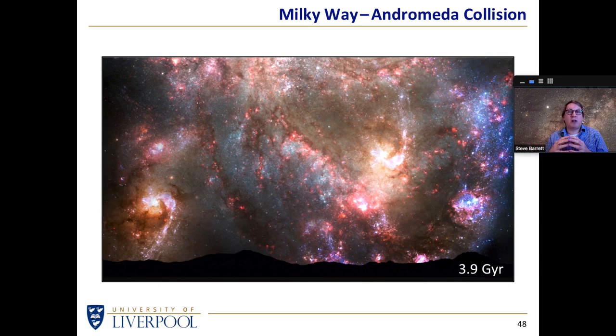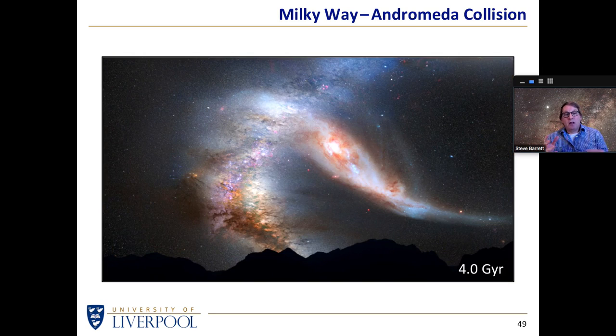amount of new star formation, because as soon as you disrupt a galaxy, as soon as you start prodding it, as soon as you start disrupting the clouds of hydrogen, you will catalyze the production of new stars. So there will be a burst of new star formation, as we can see in these pink regions here. At 4 billion years, the two galaxies will have passed through each other, and the Andromeda galaxy now looks very different because its spiral structure has been disrupted by its passage through the Milky Way, and over the next few